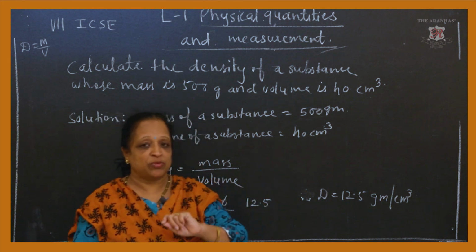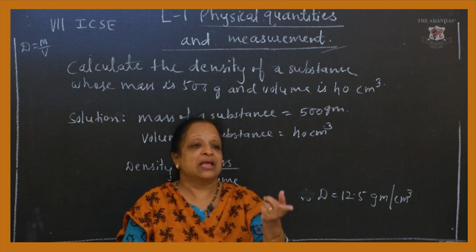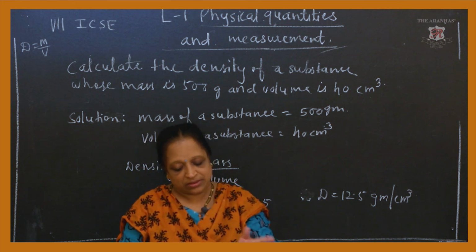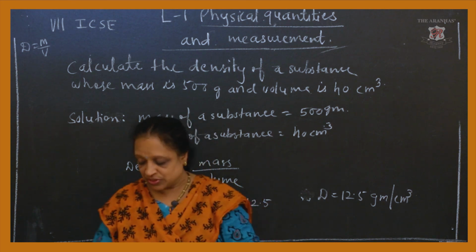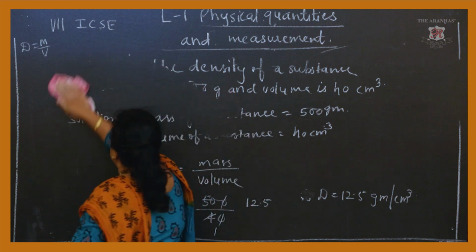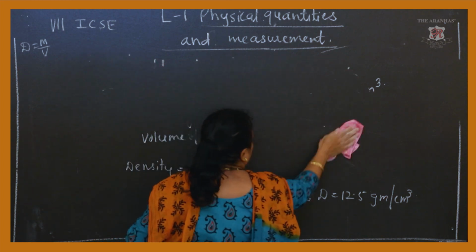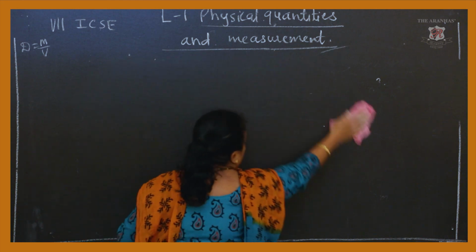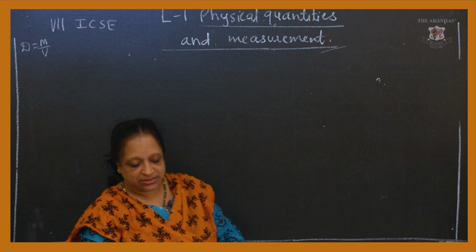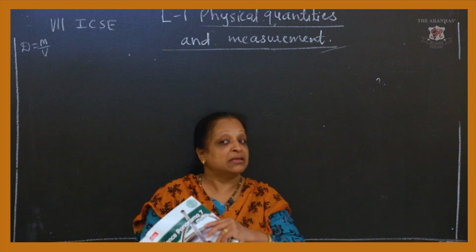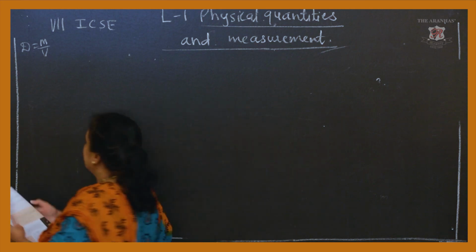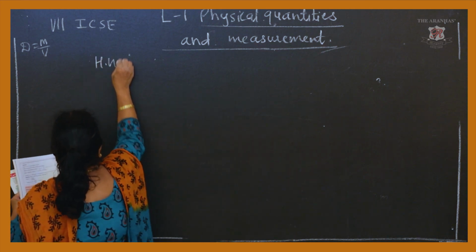Where density and volume are given, you calculate mass. Where mass and density are given, you calculate the volume. Only that much is the variation. So I am writing two sums on the board. You can jot them down and calculate in your notebook, and be ready with your answers, which I will be asking in the next class. So I got time to calculate it. So for homework sums,